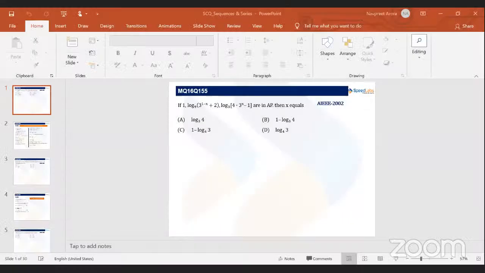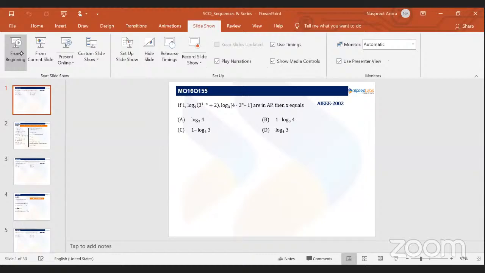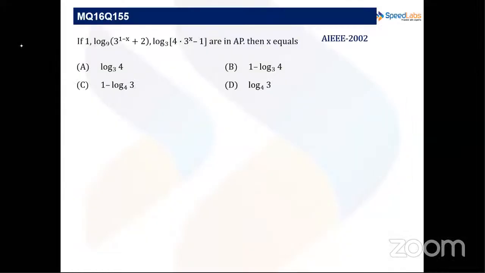So let's start with the first question. If log base 3 of (3^(1-x) + 2), 1, and log base 3 of (4·3^x - 1), the bases being as stated, are in AP, then x equals to. So if we have these three terms in AP, then